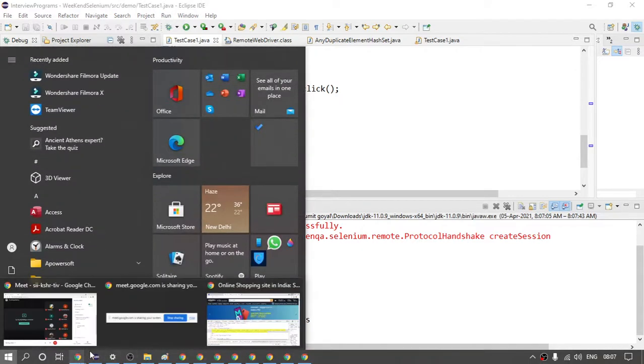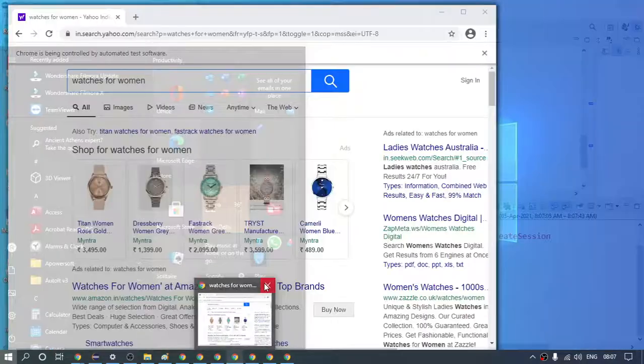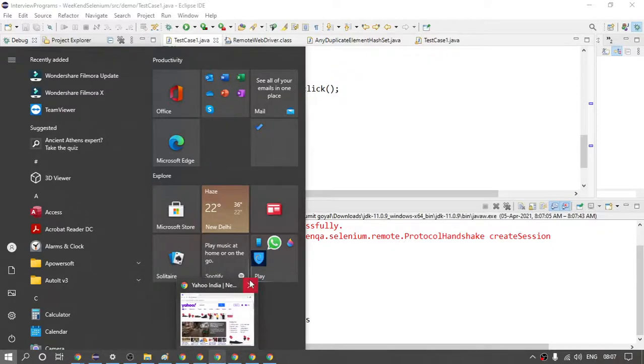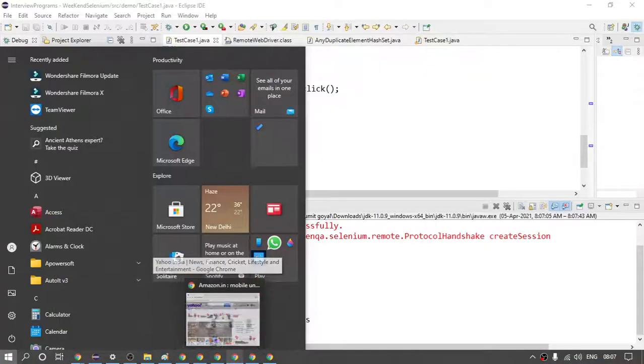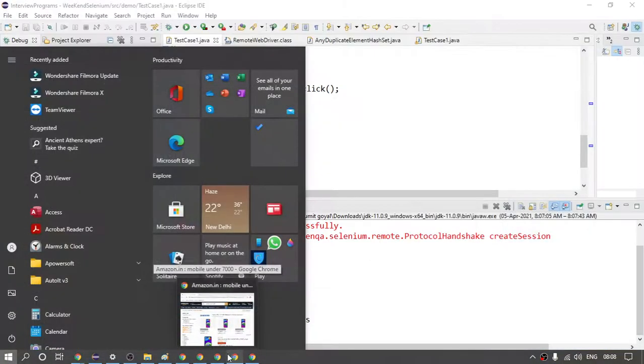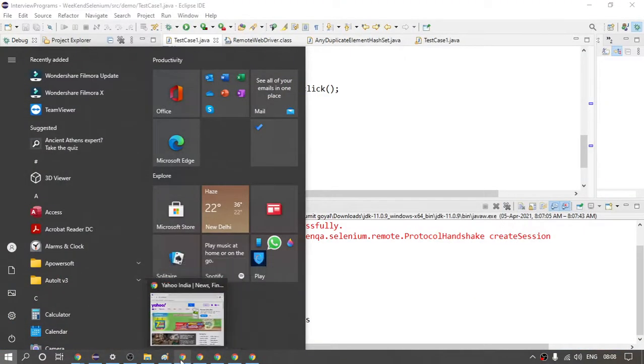Is it clear to everyone? Yeah, yeah. We have just changed the XPath and the rest of the code is the same. So now let us see if we can enter the web table.